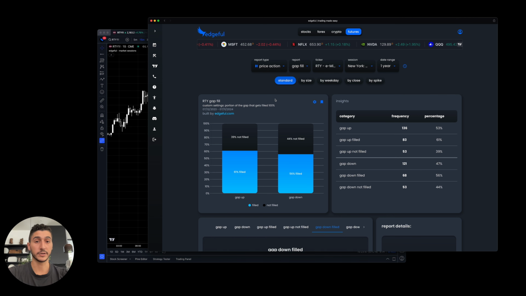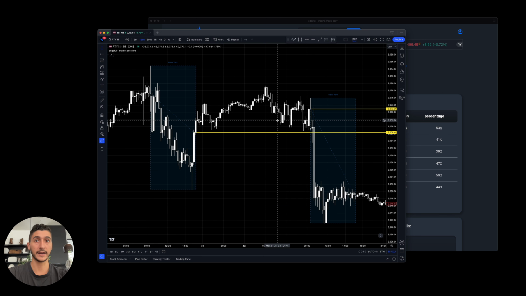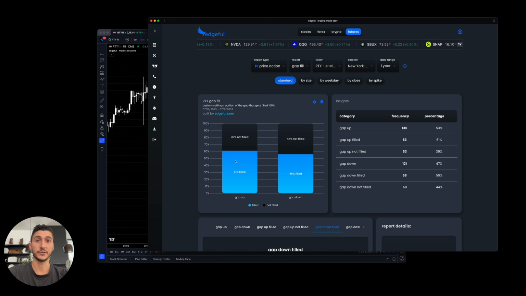In this case, I'm going to talk about the gap fill report. So we just plotted these lines out. This is your gap fill. You can see here, there's a gap up. Price opened above the previous New York close. That's a gap up. So the way that you use this in your trading is you see, okay, is there